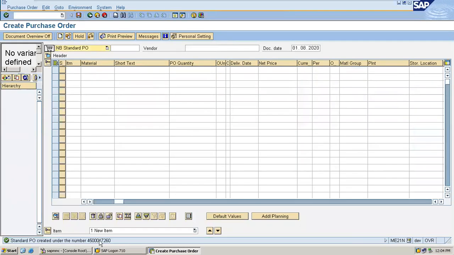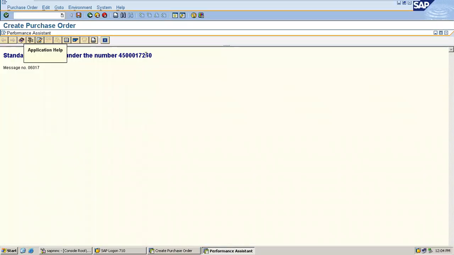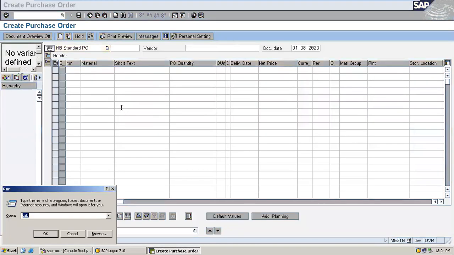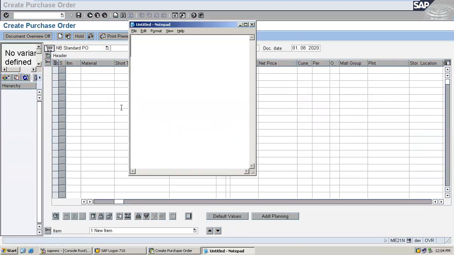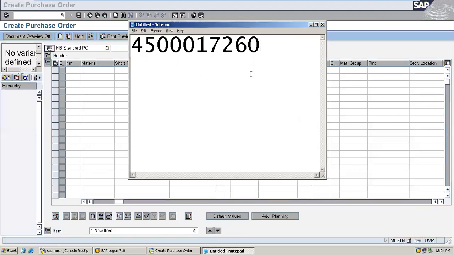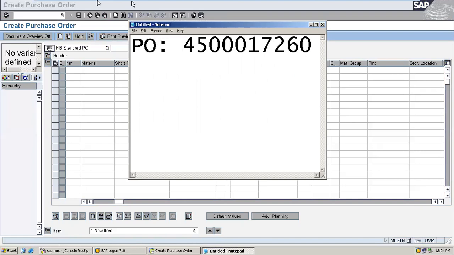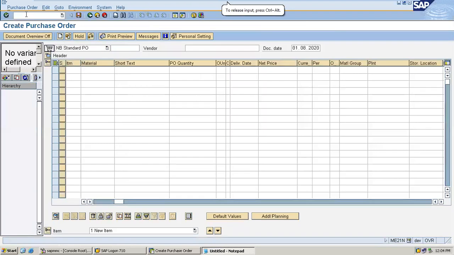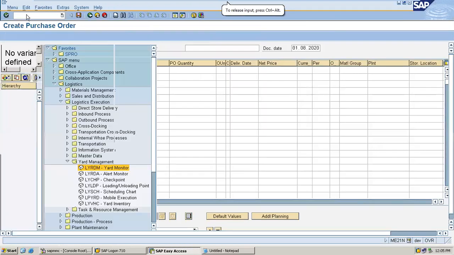So this is the PO number. I'm going to take this PO number. Now I'm going to do the inbound delivery.